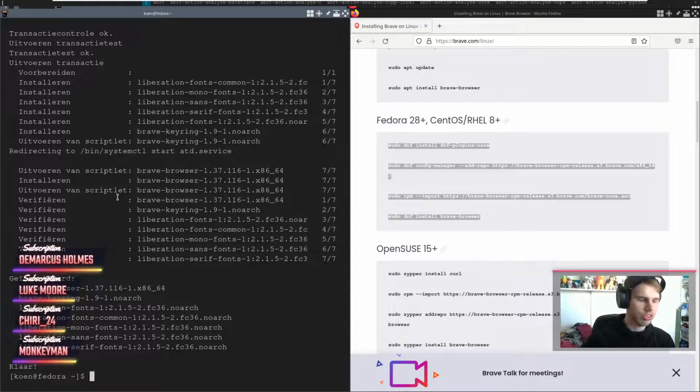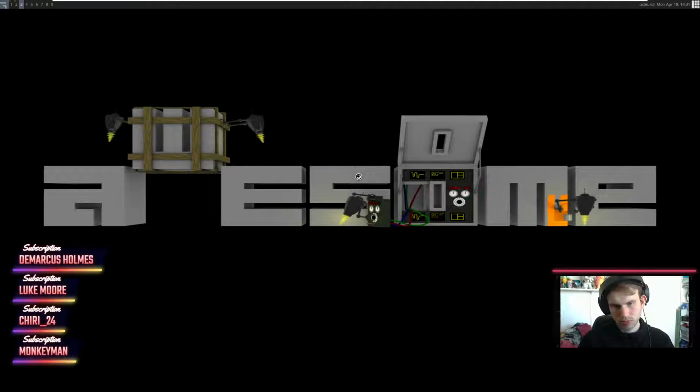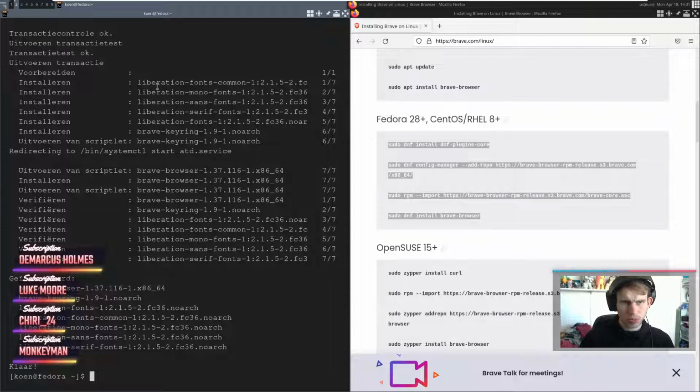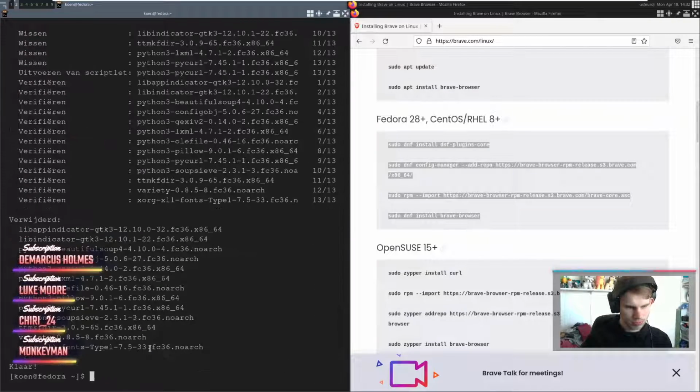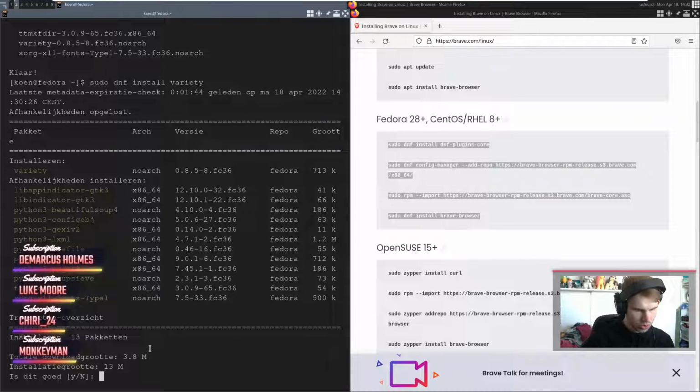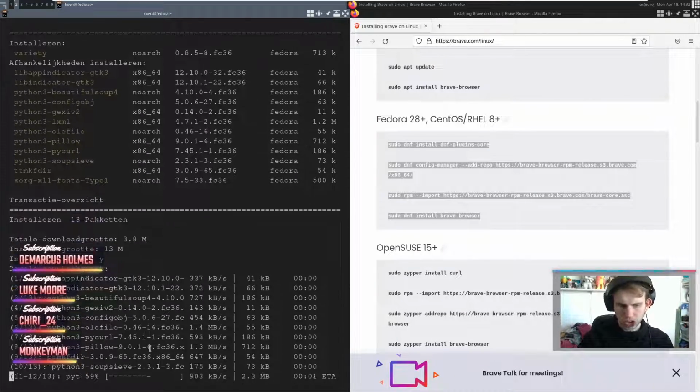But what I also really want is a different wallpaper. So we're going to check out if I can actually change around my wallpaper now. Nah, it doesn't really want to install. I have a feeling that Variety did not install correctly. So maybe we should just try something else in there then. Or maybe I need to reinstall it entirely. I don't know. But it's weird. That should work.